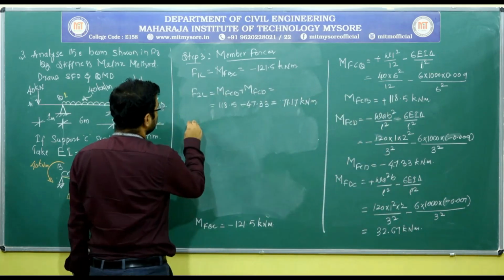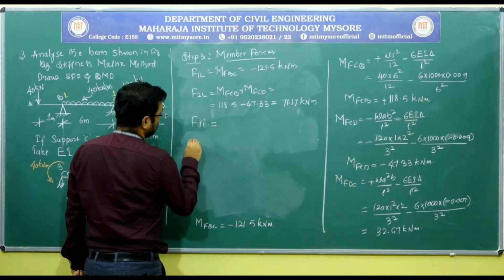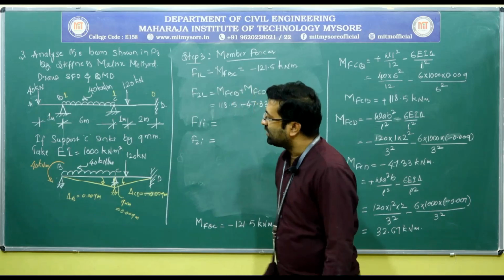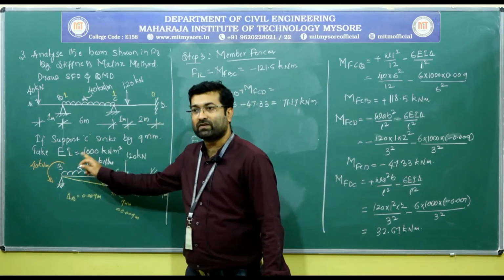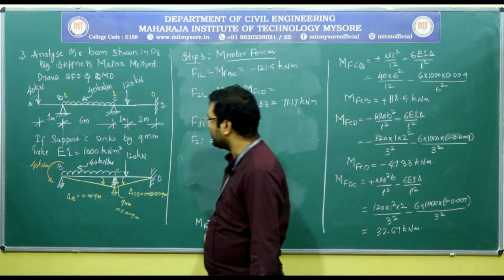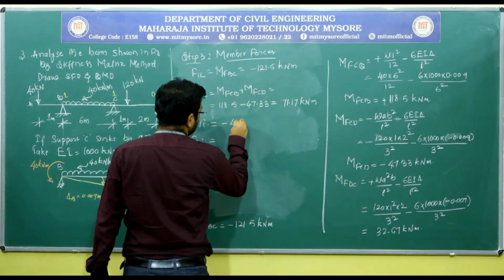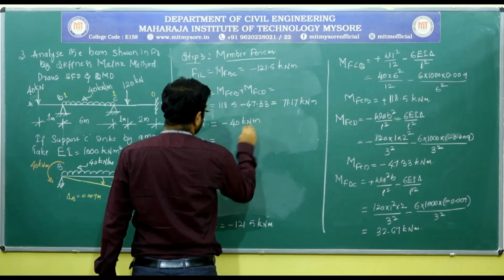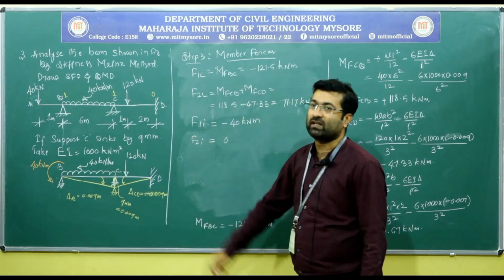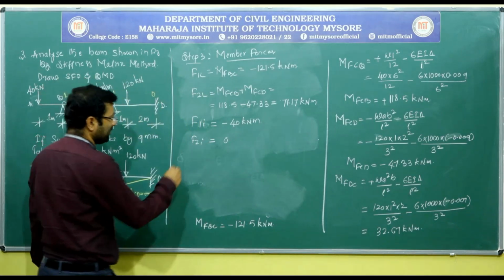Now apart from this, we need to see whether there are any internal forces, that is F1I and F2I, at the first and second coordinates. B is our first coordinate, and at the first coordinate we have an anticlockwise moment. So that will act as F1I. So this is minus 40 kilonewton meter, and F2I, at the second coordinate we do not have any couple, so F2I will be 0. Now with this I can form the force matrix.